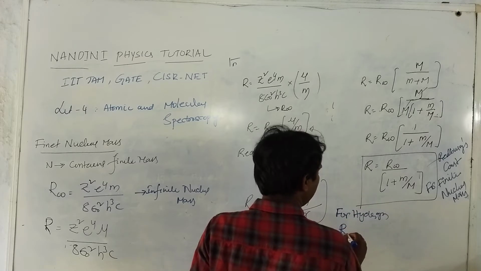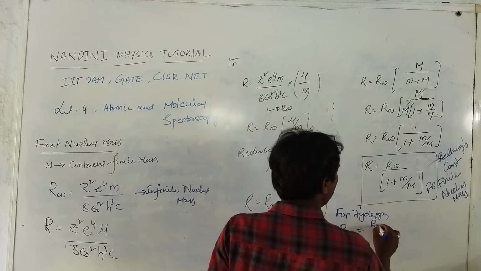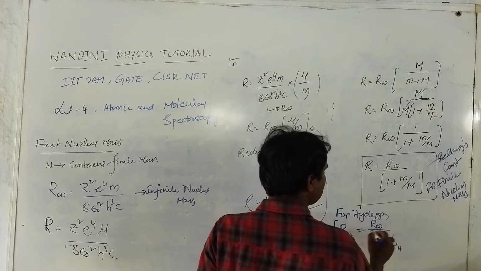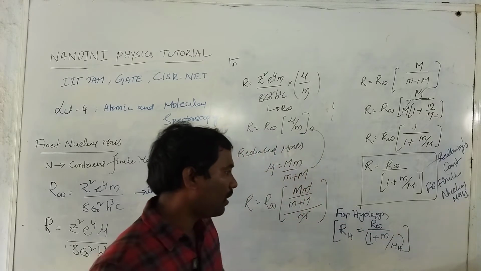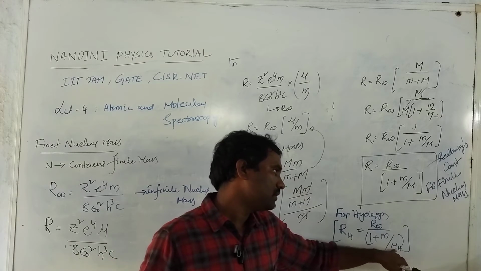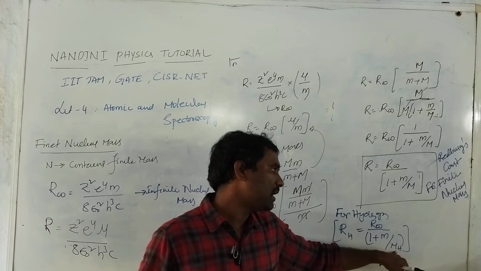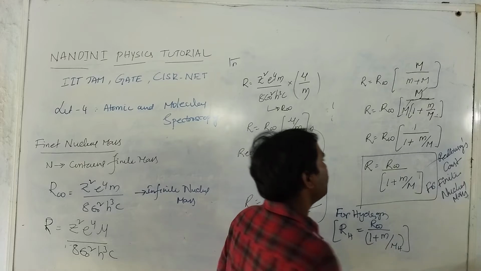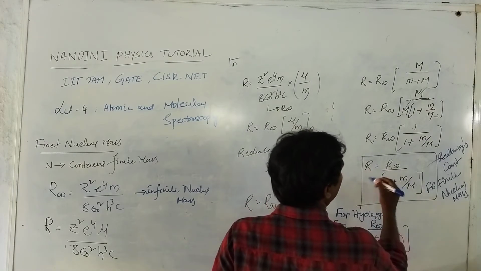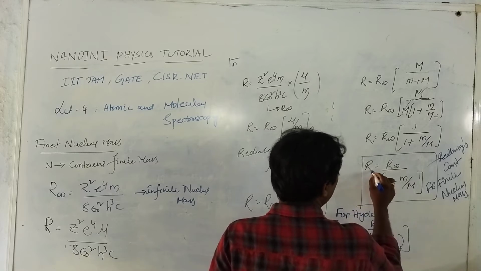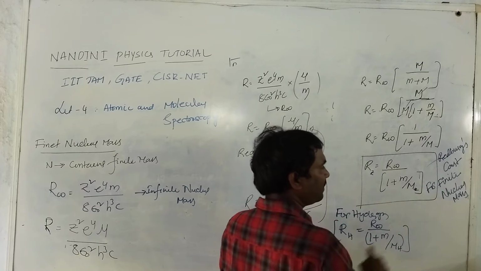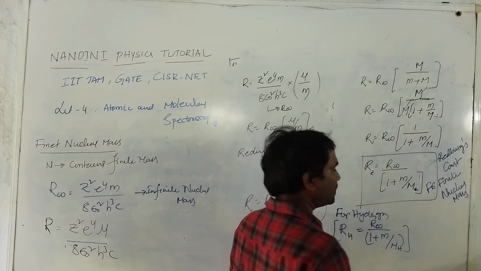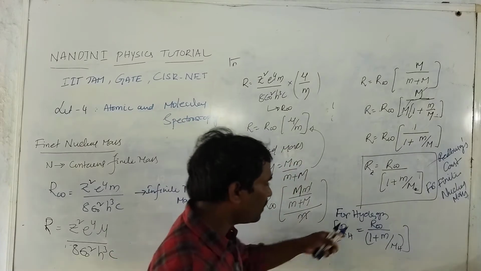What is our Rydberg constant? The Rydberg constant for the hydrogen atom, RH, is equal to R infinite divided by 1 plus m divided by mh. So this is called the Rydberg constant for the hydrogen atom. Here mh is nothing but the mass of the nucleus. If you consider that the mass of the nucleus is only 1, because for hydrogen the Z value is always equal to 1, this is the infinite mass condition. For hydrogen atoms, you can represent it like that. So this is actually the Rydberg constant for the hydrogen atom.